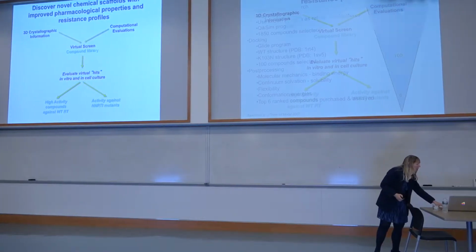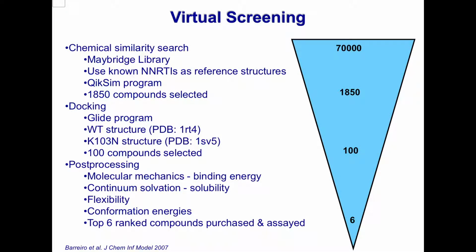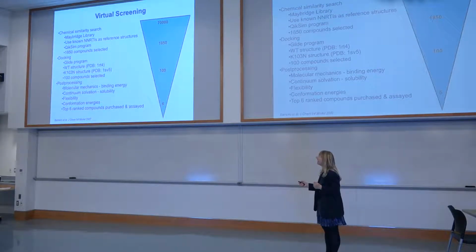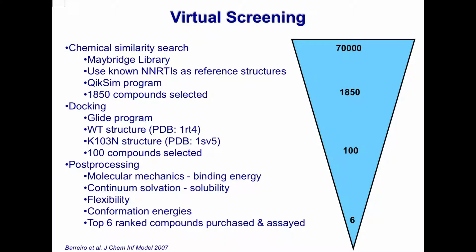The way one would go through one of these virtual screens is illustrated here. We would look at our target site. This is just one of the examples using a chemical library called the Maybridge Library, and doing a similarity search. This is a strategy where we wanted to get some novel chemical scaffolds, and find some compounds that might bind both wild type and drug-resistant mutant, narrow those compounds down and select those, and then filter them for their ADME-tox properties, and then ultimately rank them and evaluate them.